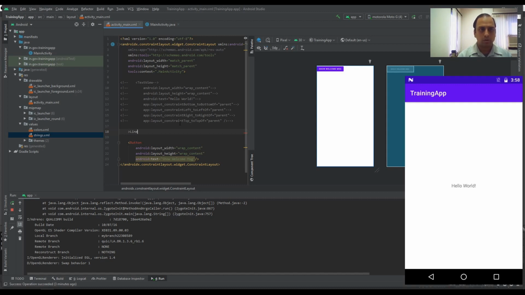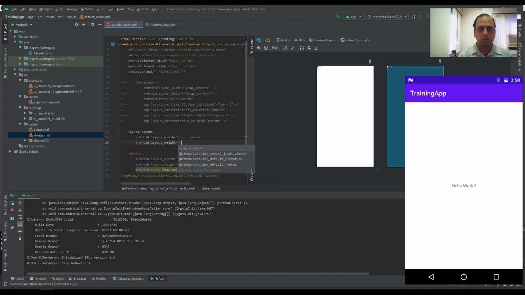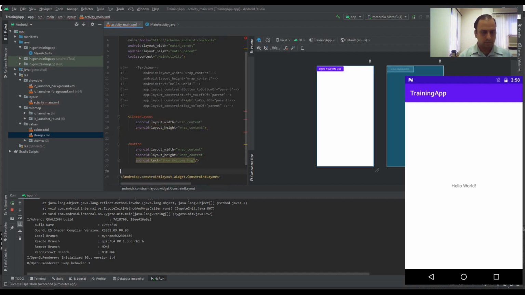So, linear layout, wrap content, and I'm closing this here. Just a second, I need to close this thing. And in linear layout, you have to specify which orientation.